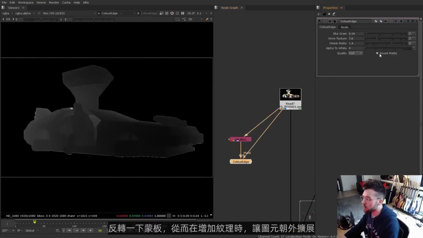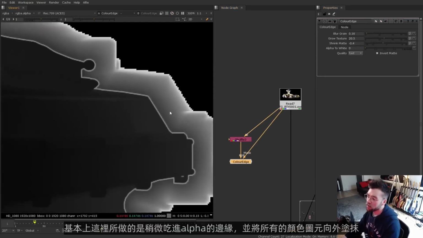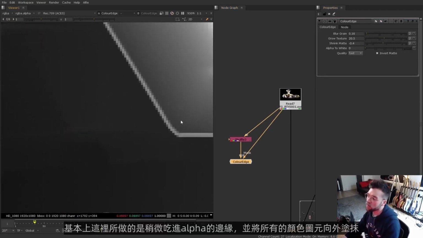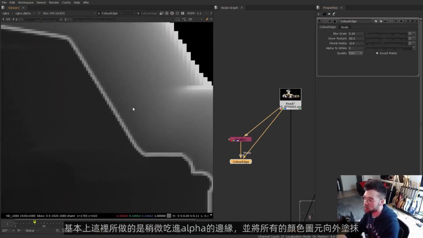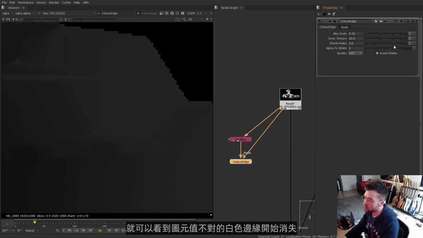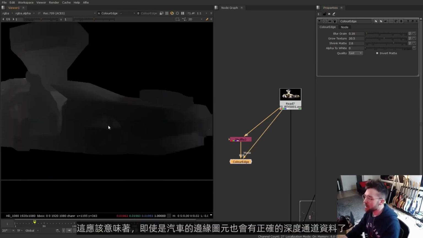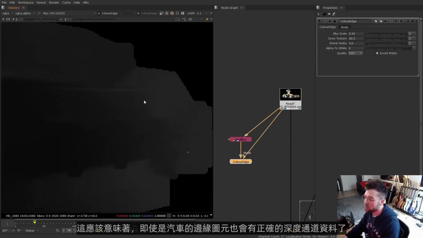And then I just want to invert the matte so that I'm spreading the pixels outwards. Then if I grow the texture, basically what this will do is eat into the edge of the alpha slightly and smear all of the color pixels outwards. So as I turn up this shrink matte slider, you can see that that white edge where the pixels are the wrong value starts to disappear, and it's smearing the correct color values for the edge of the car outwards, which should now mean that even the very edge pixels of the car will have the correct data for the